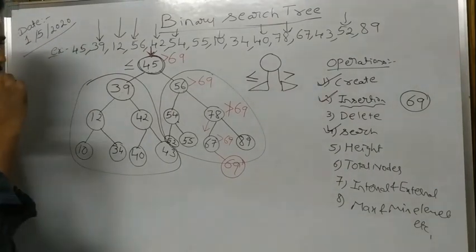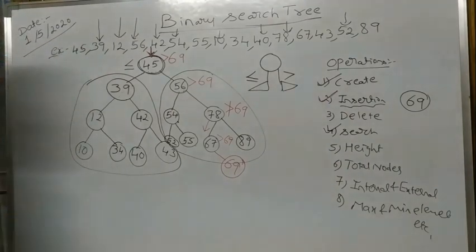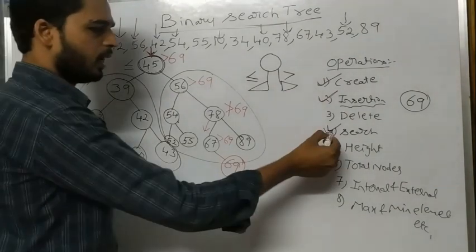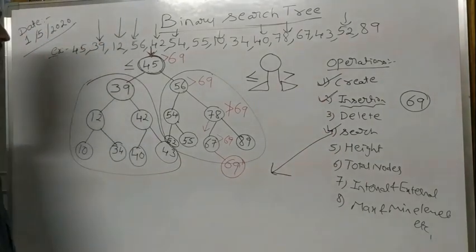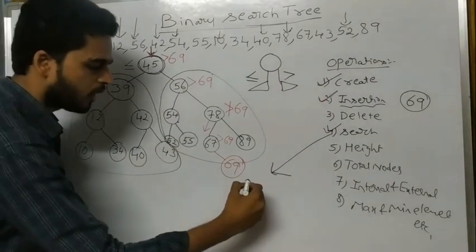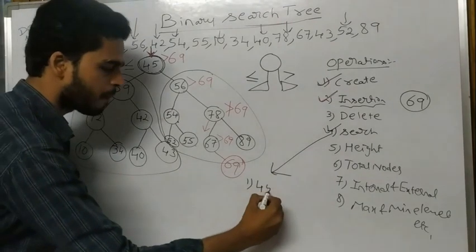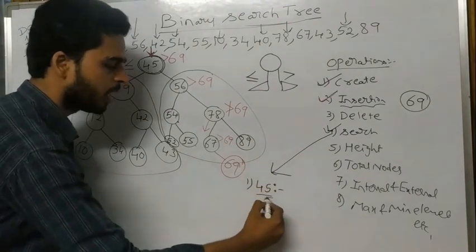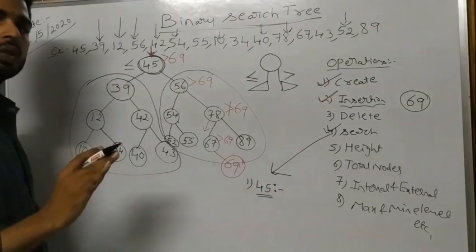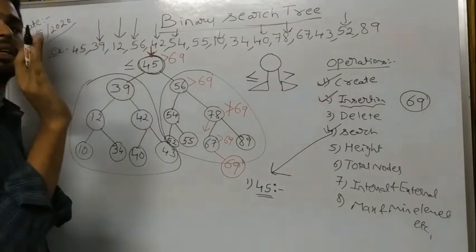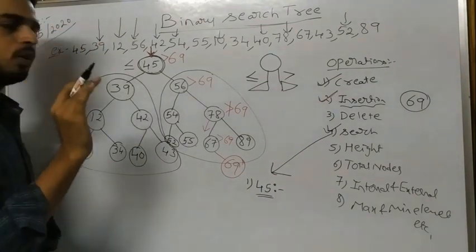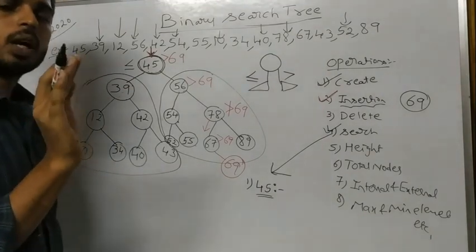Right? So before moving to the search operation, as I already said, in a binary search tree, you are doing the search operation. For example, I want to search for the value 45. What are you going to do? Similar to the binary tree, like pre-order or post-order. But here we won't follow pre-order, post-order or in-order.